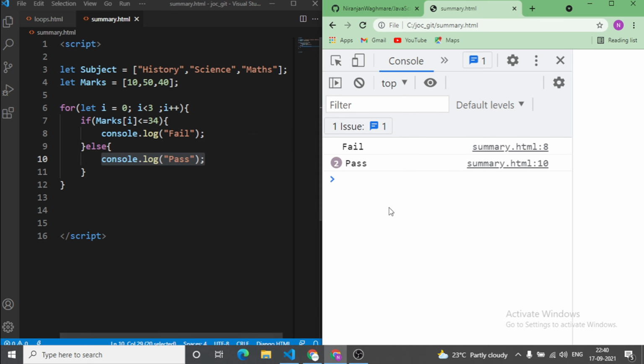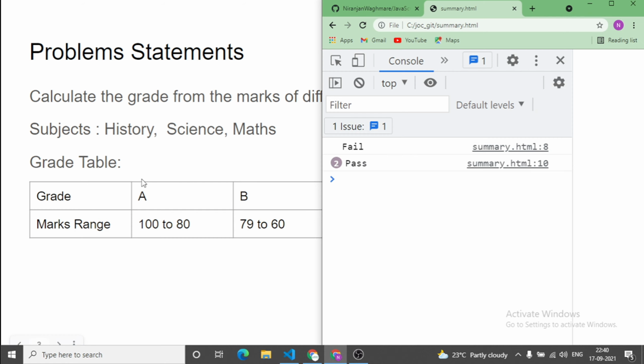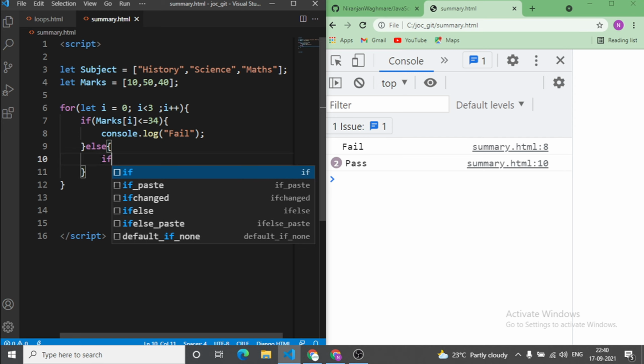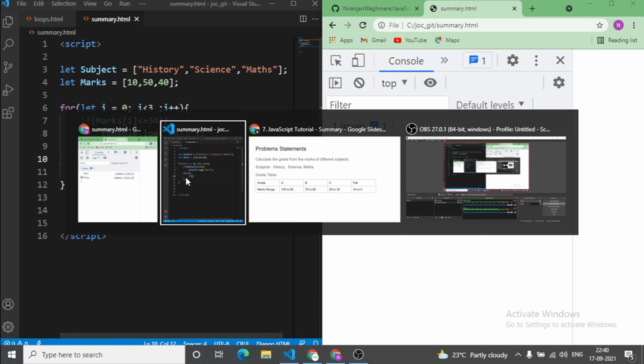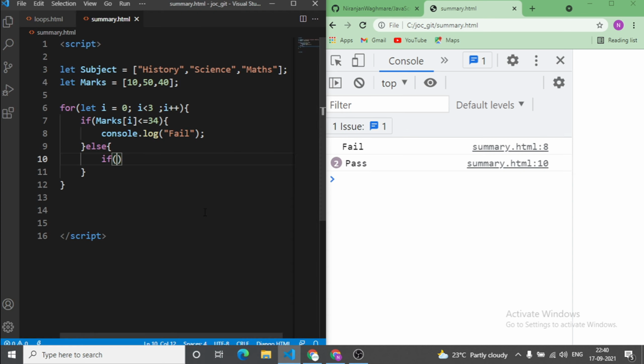So it is passed, but you need to see in which grade it belongs: A, B, or C. So what we'll do, we'll add one more if, inside that, we'll write some condition. What condition will we write? If it belongs to 100 to 80. So how do we write that? 100 to 80, if it is less than